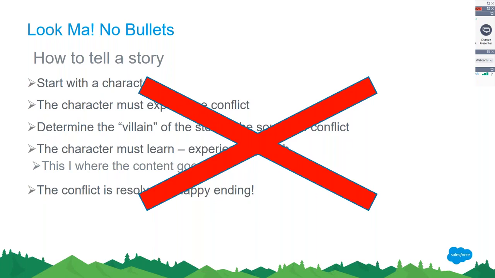First of all, no bullets, right? As Brad said earlier, less text, more visuals. This is how I might have told the story 5 years ago. I would have had, how to tell a story, and I would have bullets for each section, and people would have been reading instead of watching. Instead, I used images because bullets do not convey emotion. Emotion carries the content, but that picture conveys emotion. I mean, there's nobody who's going to look at that picture now and not feel, I get it, I understand it. We've all been there.